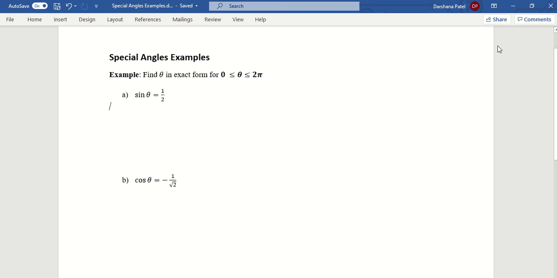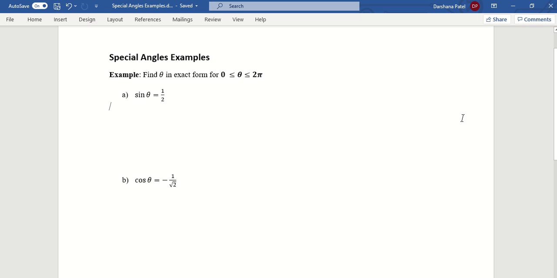Special angles examples. So we saw two special triangles and how to work in degrees and radians for them. For degrees, we can still use the regular technique, and the calculator can still give us 60 degrees or 45 degrees as one of our reference angles. But when we work in radian mode, the calculator will not help us. So we'll need to remember how to solve them using those two special triangles. So let's see some examples here.